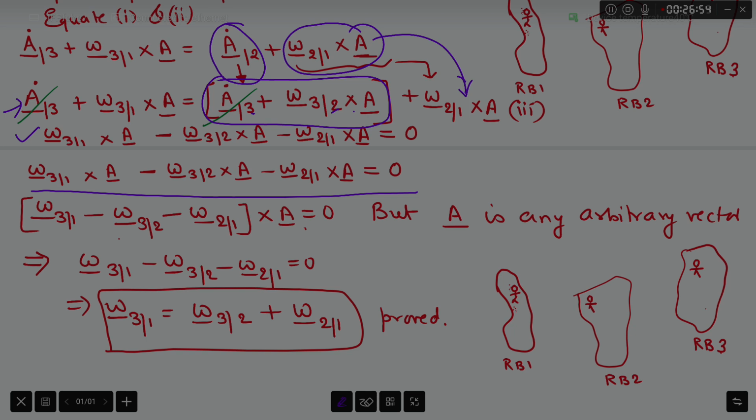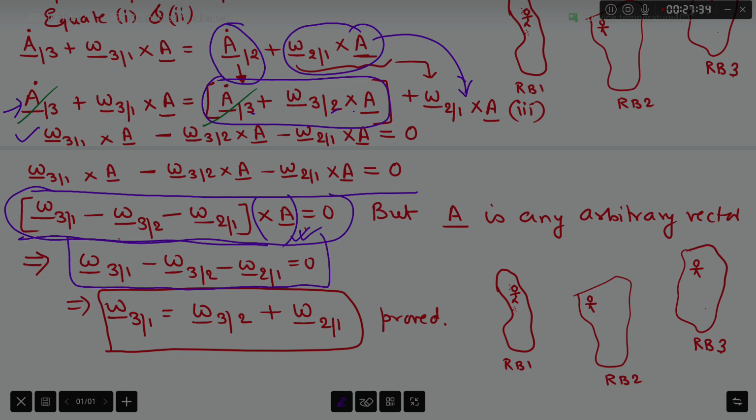Then I take A as a common factor and a group of terms involving only omegas, various omegas, appear on the left hand side. Now recall that my choice of A is arbitrary. This equation must hold good for every A that you can think about. And if that is the case, then for this equation to be valid, we are left only with one choice, to conclude that this factor itself should be 0,